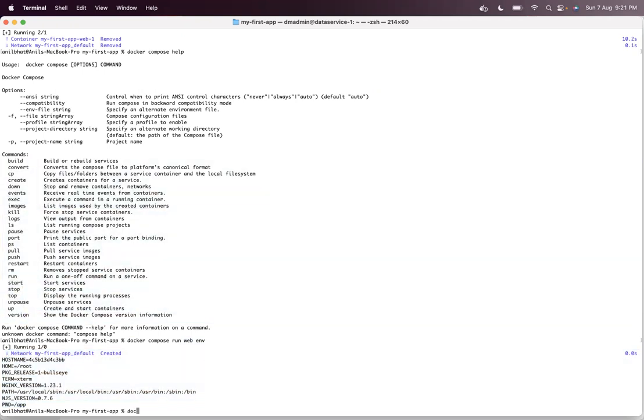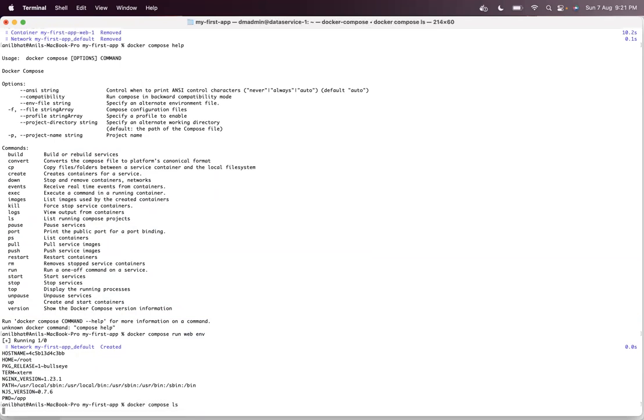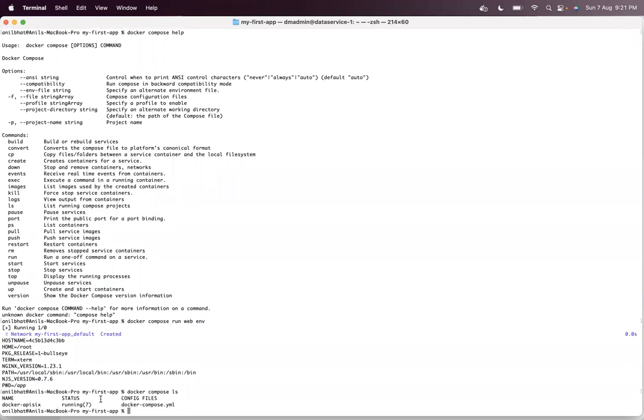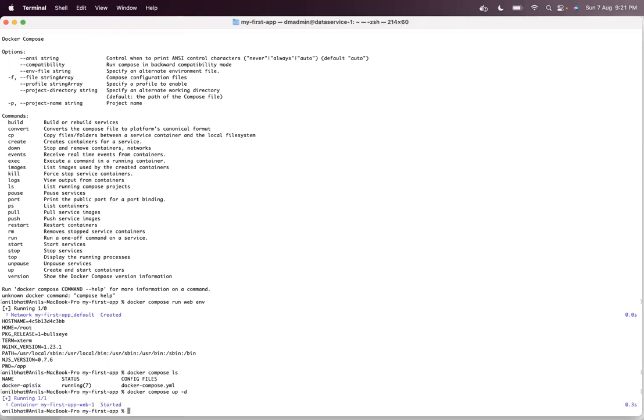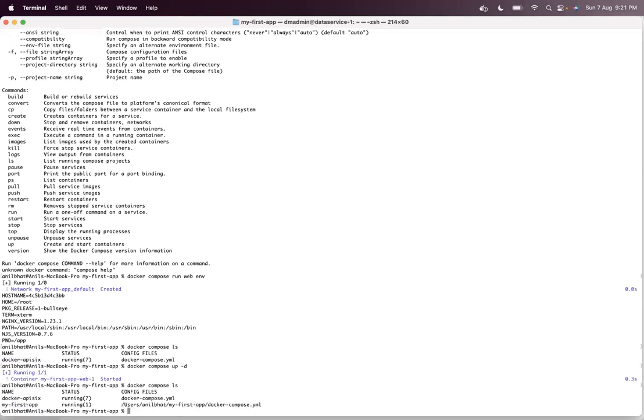Maybe you can do docker compose ls. So you can see that under Docker Compose, the Docker is running. Maybe you can actually run up with detached mode and again run docker compose ls.